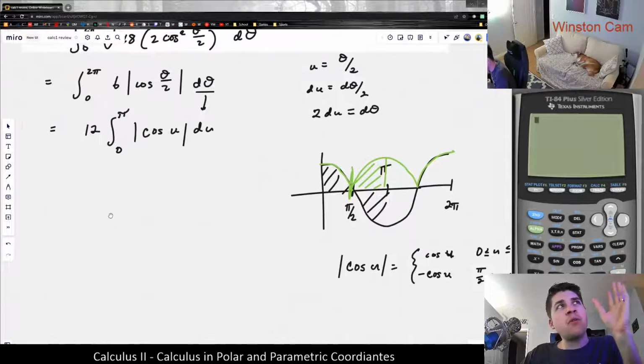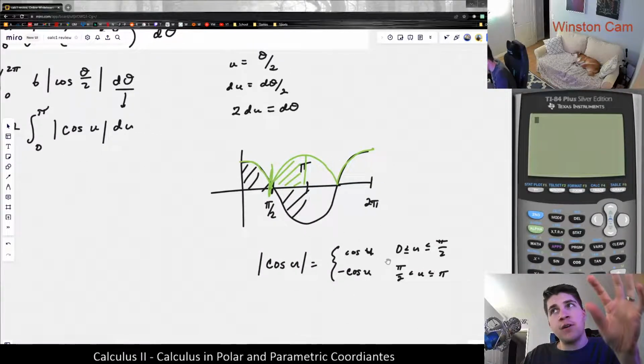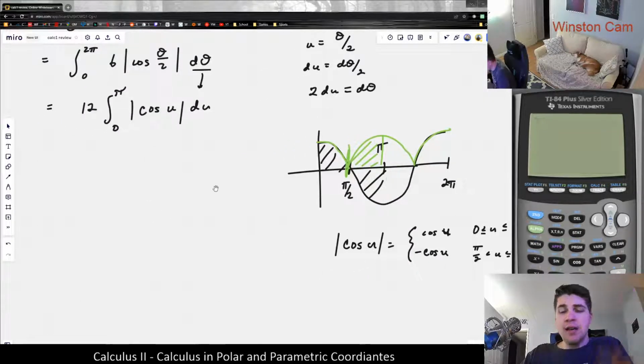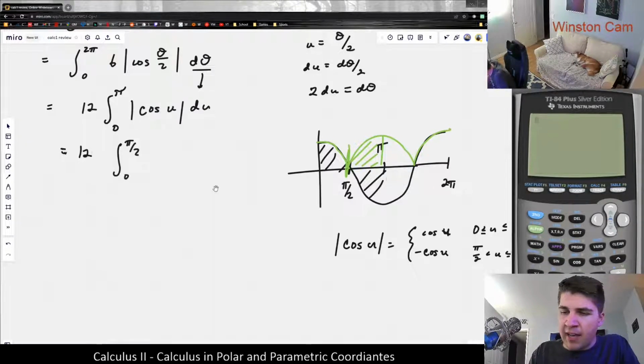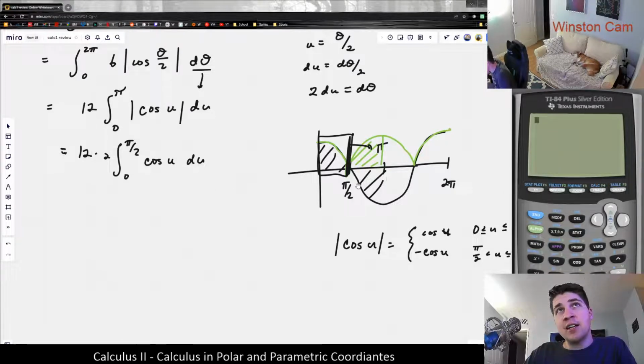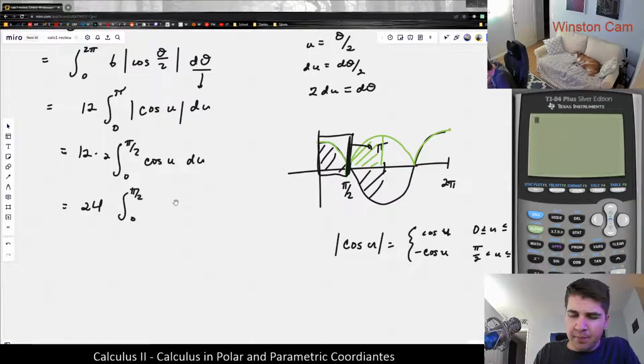But of course, my point was we could separate this into two separate functions and integrate them over the specific sections, but at the end of the day, we're going to have a symmetric answer. So we would have 12 multiplied by, basically, I'm going to change it from 0 to pi over 2, integrating only halfway, finding this area, and then I'm going to double it because the area underneath cosine here is equal to that there, and the absolute value, as I explained earlier. What we're going to end up with is 24 multiplied by the integral of cosine u du